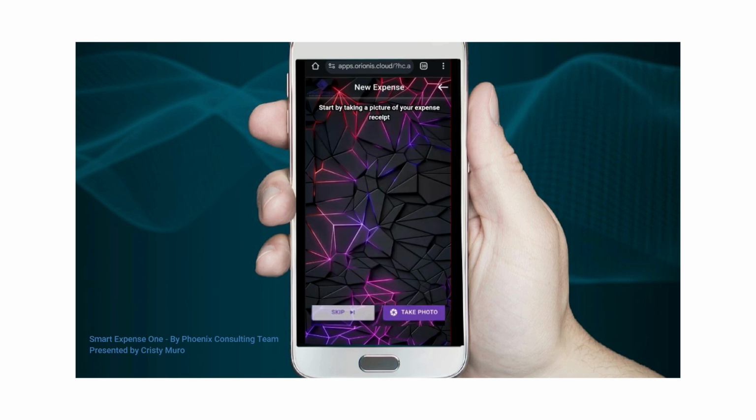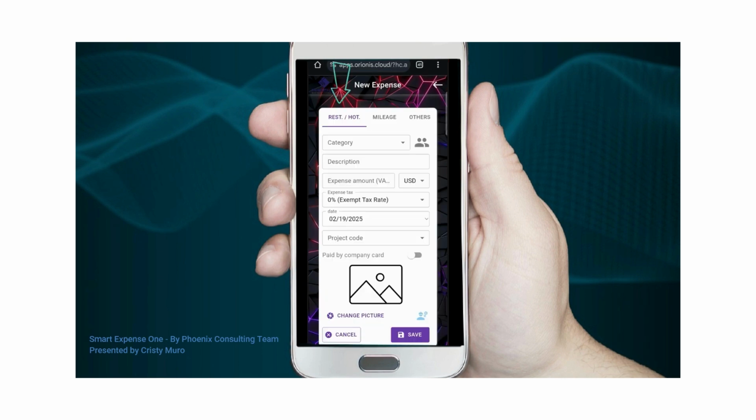And after clicking on New Expense, a screen will open where I have the option to scan a receipt. But if we don't have a receipt, we just click on Skip. Right now I'm going to click on Skip because I want to show you the different options that we have when we create a new expense. We have three different options. We have restaurant,